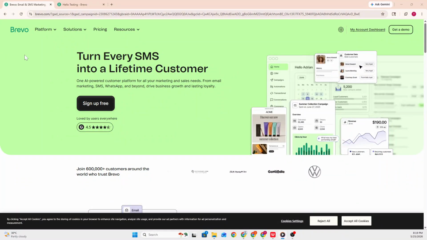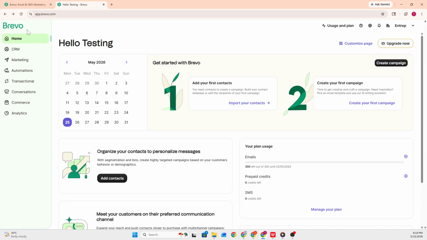In today's video, I will walk you through how to get Brevo API key. To begin, open Brevo and log into your account. Once your account dashboard finishes loading, stay on the main dashboard screen where your account settings and management options are